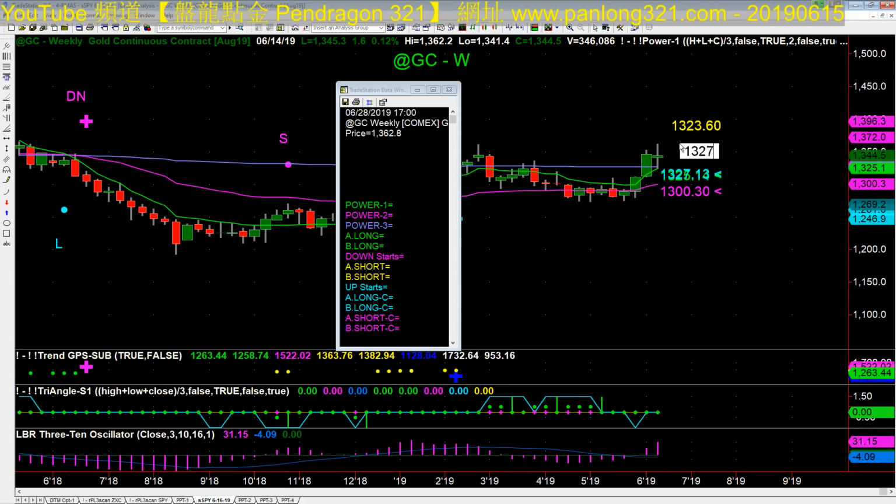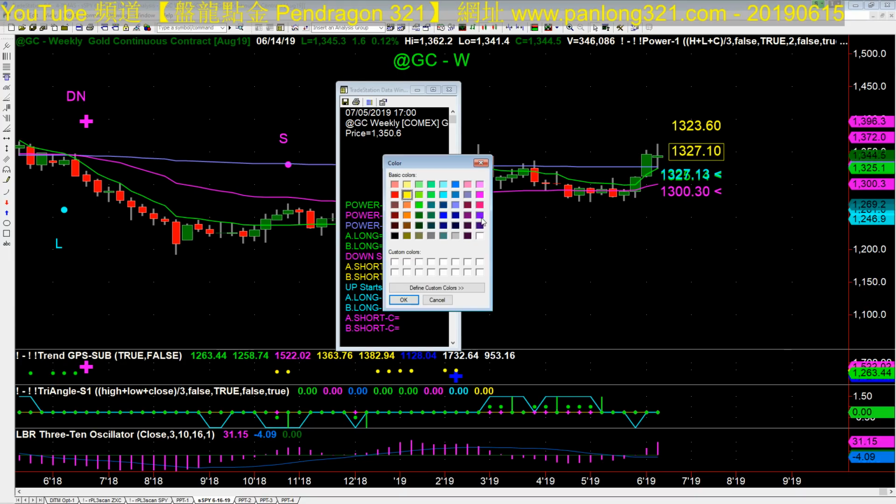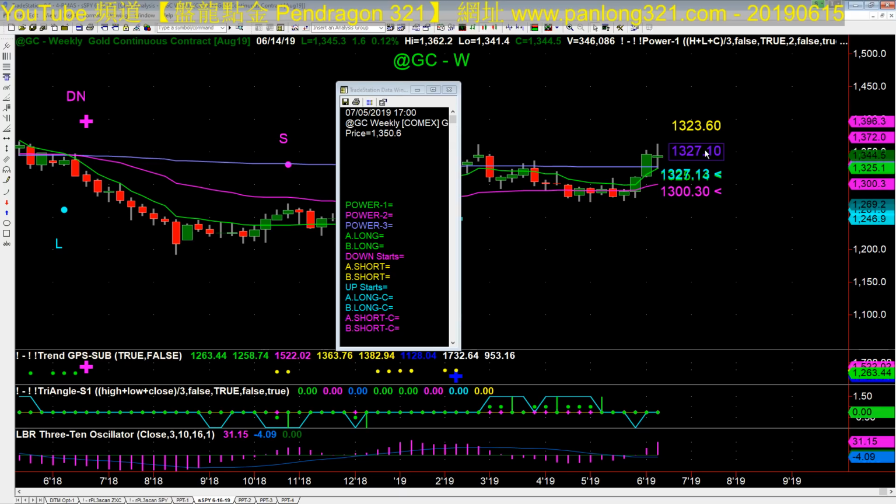So they're off by only 3.5. If you use 1327.1 as your support level, as your entry point on the long side,